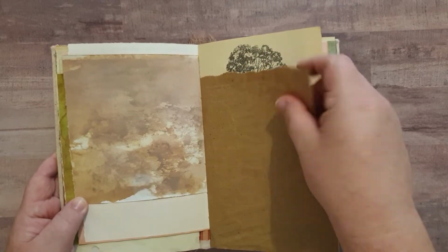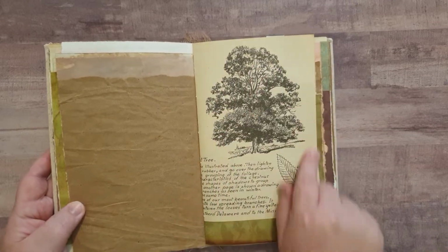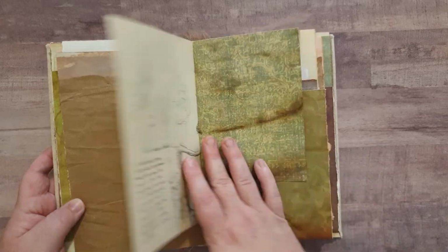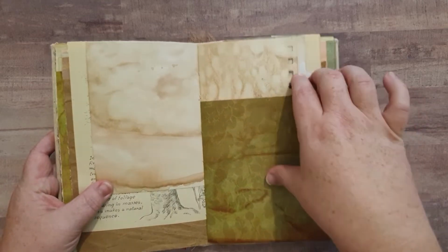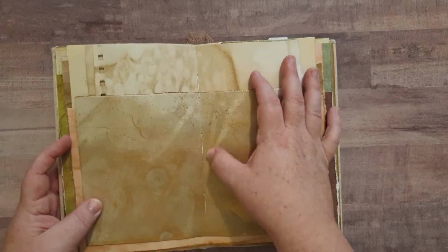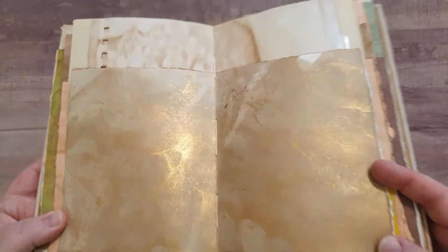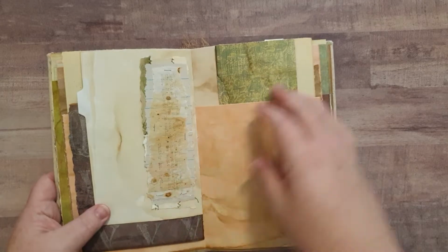This one's some distressing ink. We have some packing paper here. This is from a book on how to draw trees and foliage. So really pretty. I'm kind of thinking of this as like a nature journal. So yeah, some typography paper here, and this one's got the gold on it as well. This is Tim Holtz paper. Here is another,